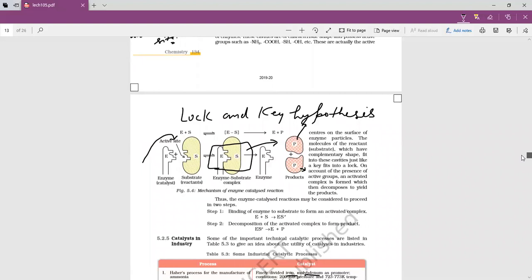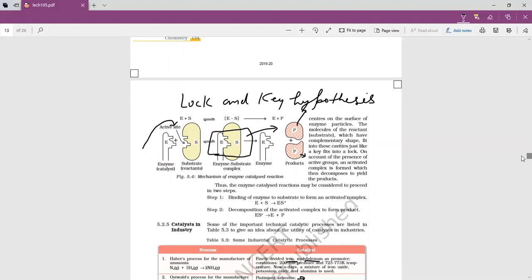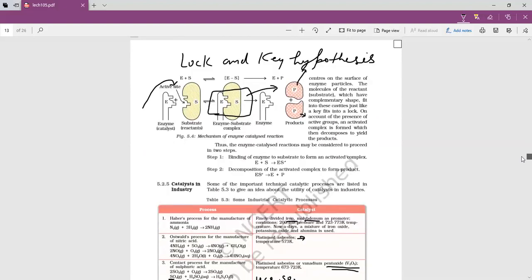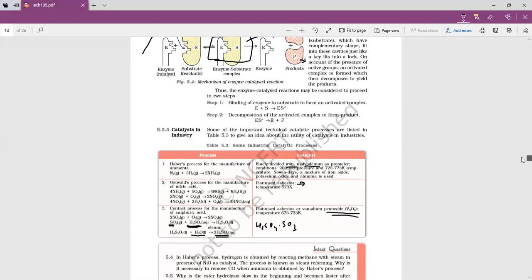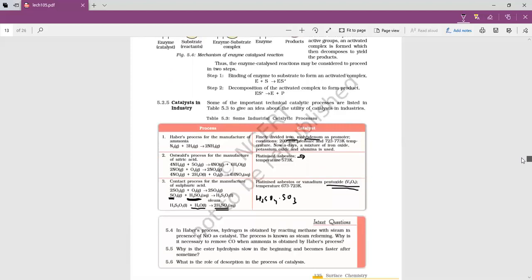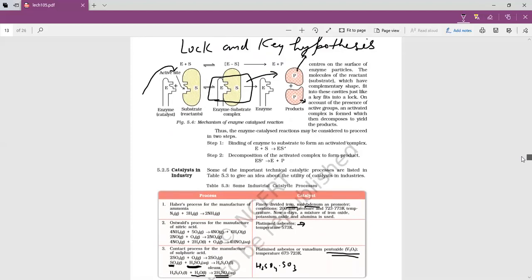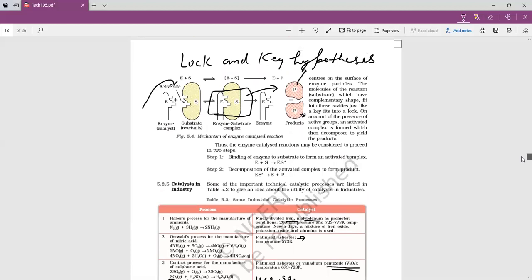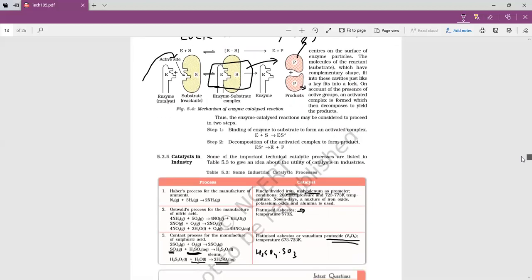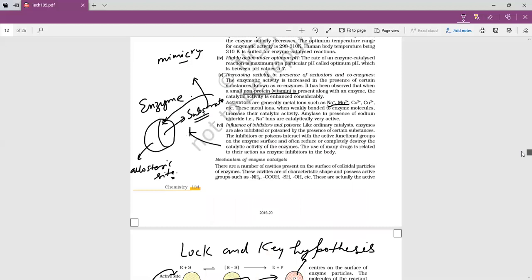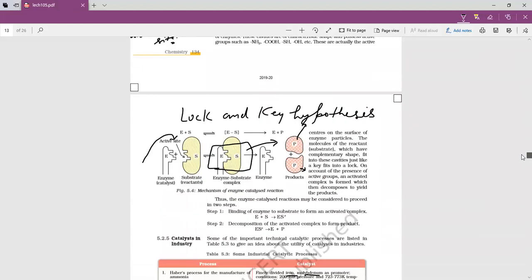The mechanism of working of an enzyme is given by the lock and key hypothesis, in which the enzyme forms a complex with the substrate and converts the substrate into the products. So it is as simple as that. You can go through this text material. Nothing more than it is required to be known now. And more about enzymes will again be seen in the biomolecules chapter, wherein there will be repetition. There will not be much new over there. All right. So again, this topic will reappear in the chapter biomolecules.